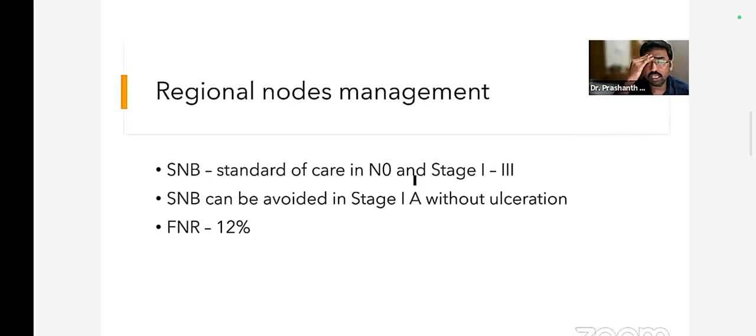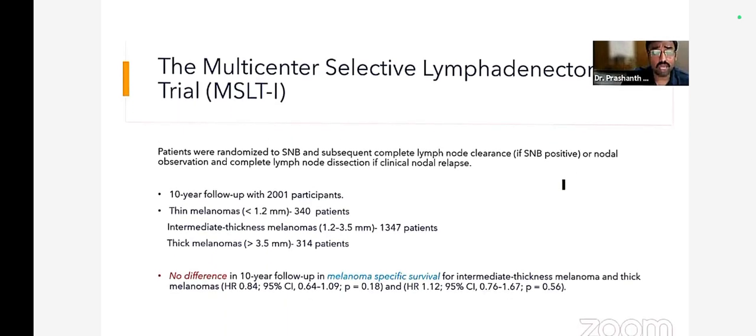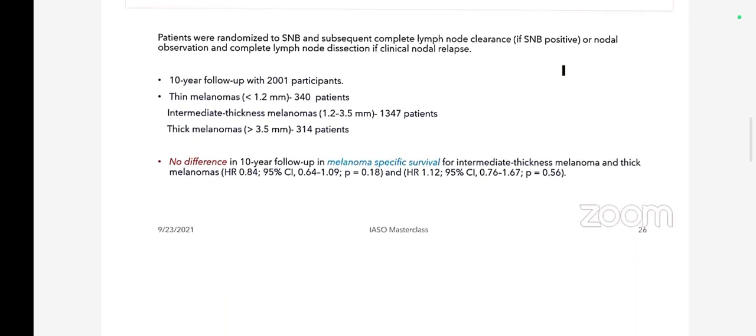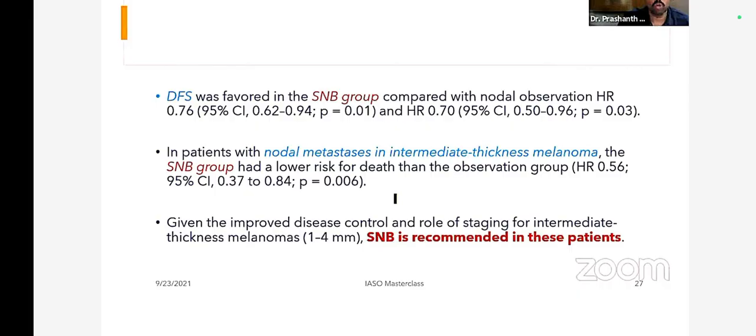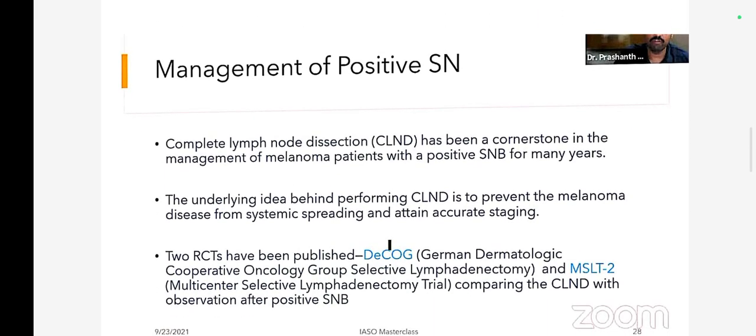तो फॉल्स नेगेटिव रेट इसका 12% है सेंटिनल लिम्फ नोड बायोप्सी का। तो ये MSLT1 तुमने बताया था कि इंटरमीडिएट में आया है, बाकी वो उसमें नहीं आया है, हाई ग्रेड में कोई फ़ायदा नहीं है, पर इंटरमीडिएट ग्रुप के लिए रिकमेंडेड है। और फिर पॉजिटिव अगर सेंटिनल लिम्फ नोड आता है तो कंप्लीट लिम्फ नोड डिसेक्शन कर सकते हैं। ये 2 RCT बोलते हैं, एक ये डीकॉग, दैट इज़ जर्मन डर्मेटोलॉजिकल कोऑपरेटिव ग्रुप, और एक MSLT2। कंप्लीट लिम्फ नोड डिसेक्शन वर्सेस ऑब्जर्वेशन में ये दोनों ट्रायल्स हैं।